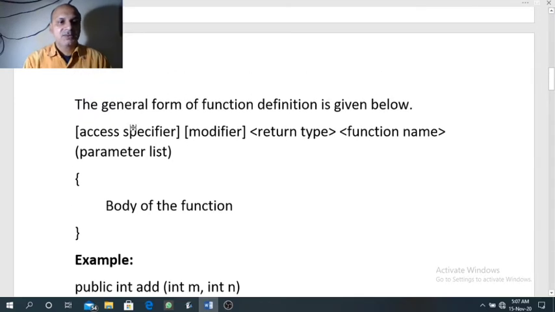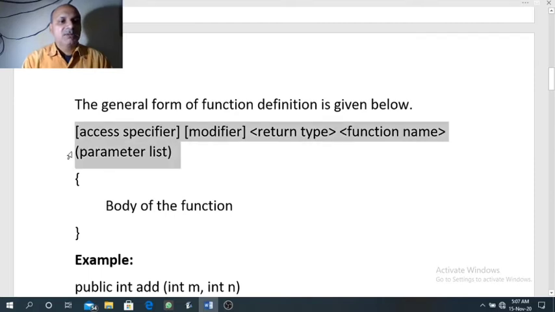This is the syntax of a function. Whatever is shaded here or highlighted, this is known as the function header or function prototype. It is the first line of the function definition which includes access specifier, modifier, return type, function name along with parameter list.